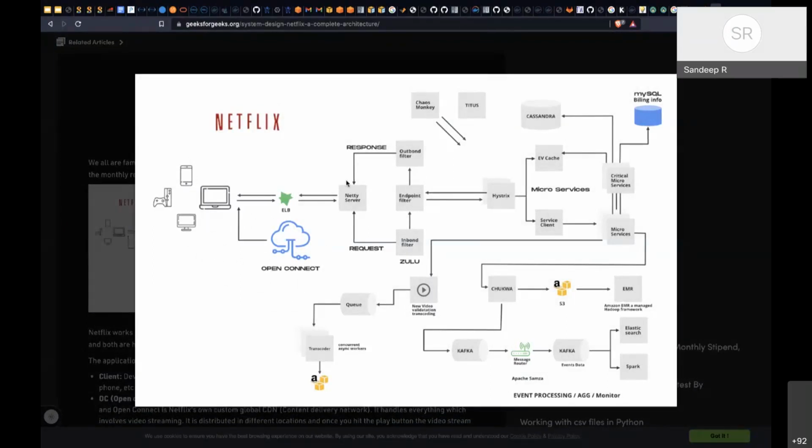If you zoom into Netflix, they have a lot of servers, microservices, databases, and some kind of Kafka. As we discussed in the morning, Kafka is the message queue they employ to send messages from one thing to another. There is billing to manage your subscription. So there are quite a few things in Netflix.